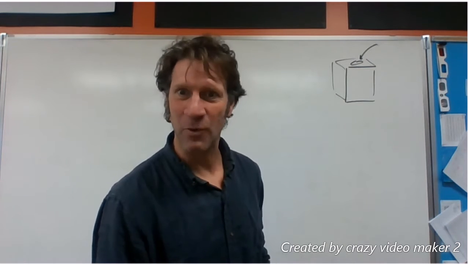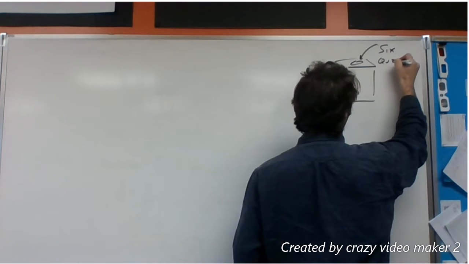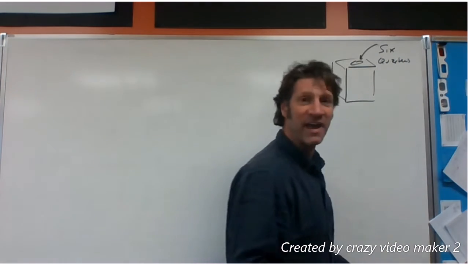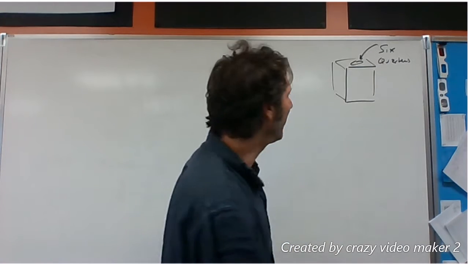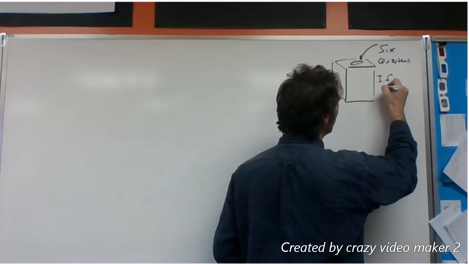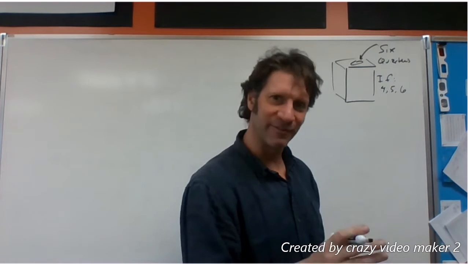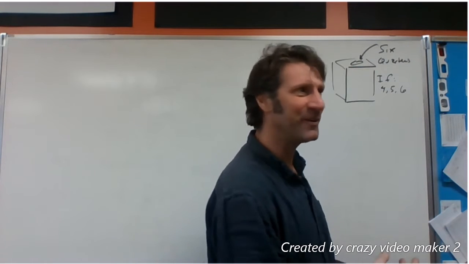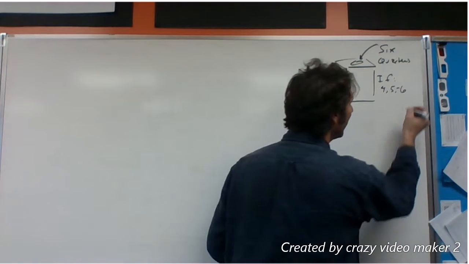So here's a bin, and into this bin goes 6 quarters. Okay, and they all drop down in here, and this is like a plexiglass bin, so you can see what they are, right? So if 4, 5, or 6, you want the conjunction, don't you? Me too. 4, 5, or 6